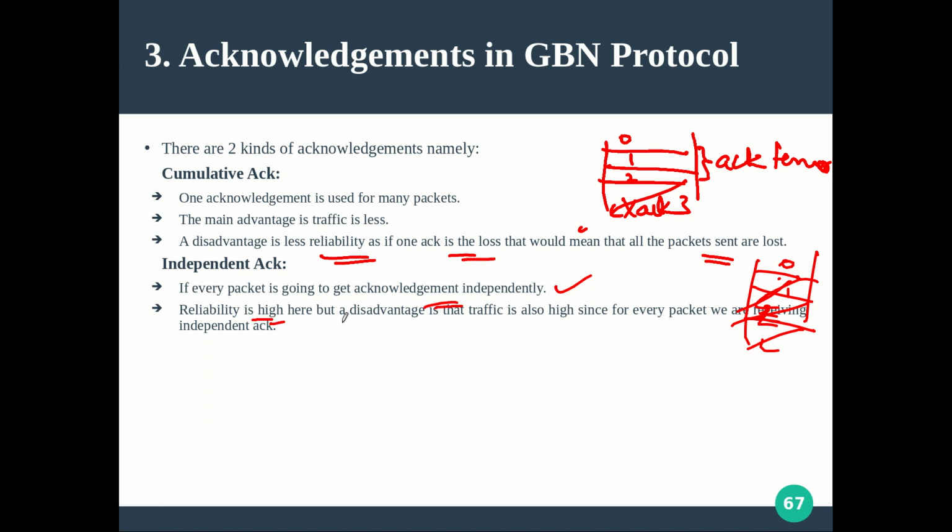So definitely the reliability will be high compared to the other one, but the traffic also increases, because that many acknowledgement control frames you have to deal with. But piggybacking is a solution, a variation of it, where you don't have to worry much about the traffic. Still, piggybacking is kind of a cumulative acknowledgement, in the sense that you have to wait for some time until you get a data frame from the higher layer. Okay, so this is about the acknowledgement as an independent, different control message, 2 variations.